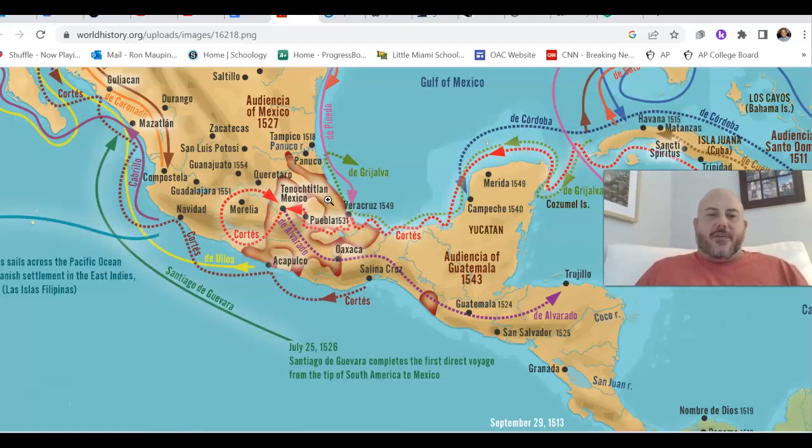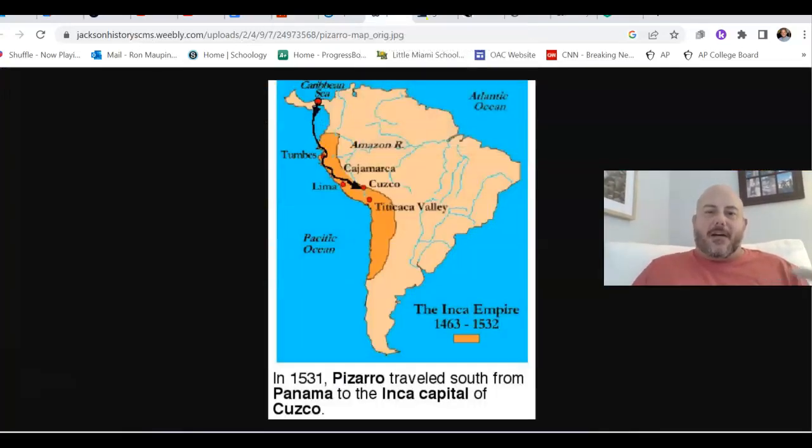Shortly after arriving, Cortez and his forces, those conquistadors, will defeat the Aztec Empire, crushing what had been the dominant force there for quite a while, and replacing it with the new overlords of what is going to become Latin America, the Spanish. Lastly, keep in mind that not only will Spanish power make their way into North America, but also into South America.